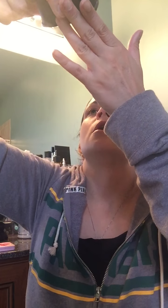So basically this is a Nars in Desert loose setting powder. I got this also with my time when I spent with Jenny. So you dip it in your lid and then just run it all over your face. What this does is lock your foundation, and it stops it from transferring